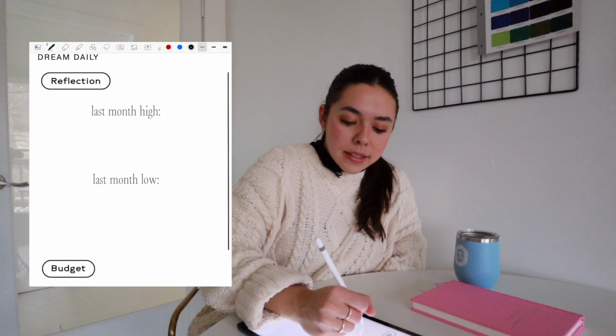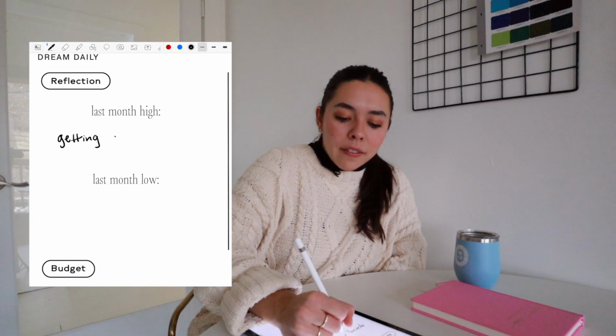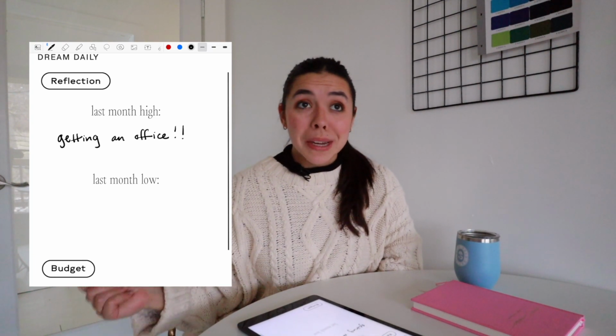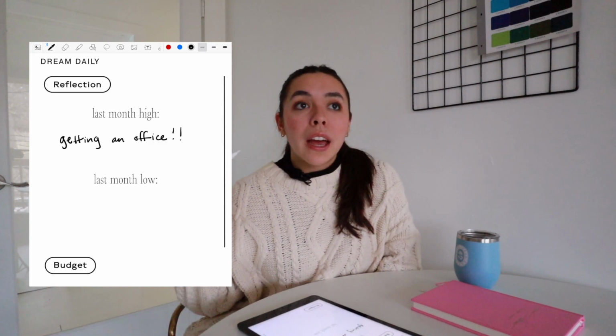So the big high from this past month was getting an office. Of course, like I said, that's a very big goal I've had on my vision board for years, and especially this year. I didn't think it was going to happen in January by any means. I was expecting it more towards the end of the year. But if I had to come up with a low,